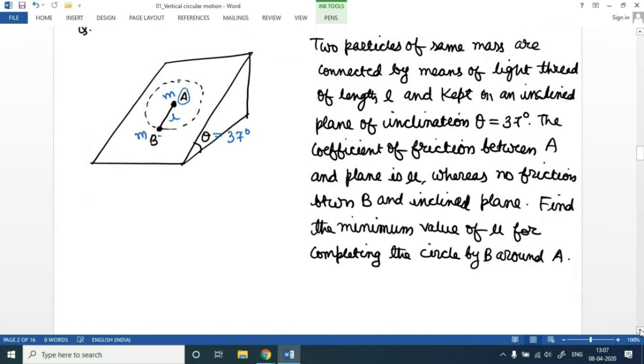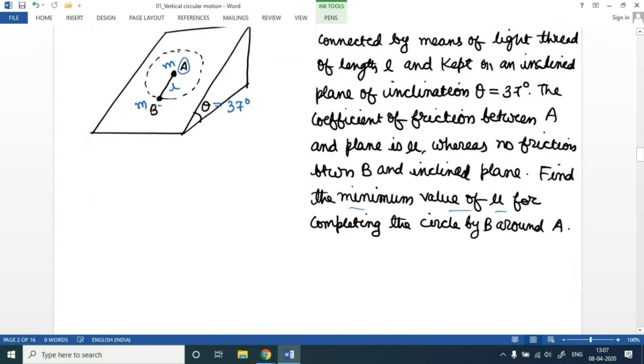And what we are to find out is the minimum value of mu for completing the circle by B around A. So in this question, although this motion is not in a vertical plane, but it is on the inclined plane, using one small modification, we can use the above equation that we have learned in this situation as well. For example, if this is the inclined plane over here, and this theta is given to us,